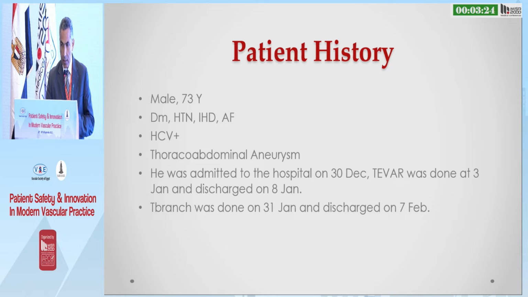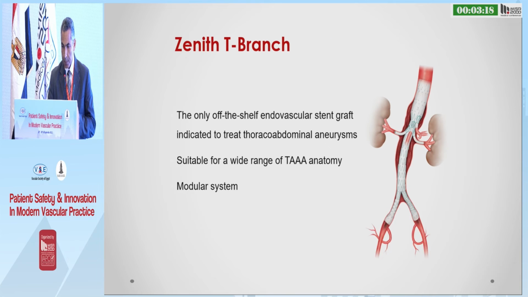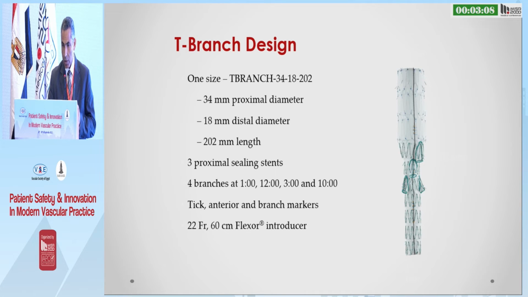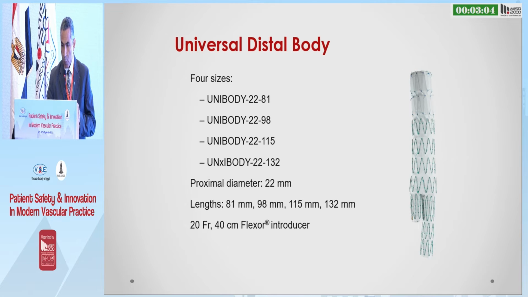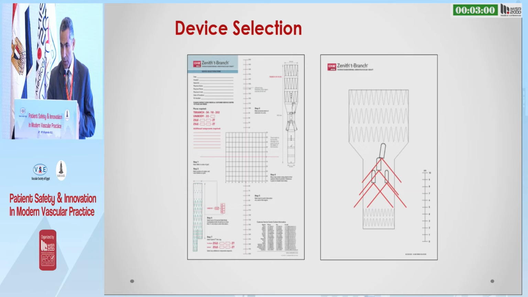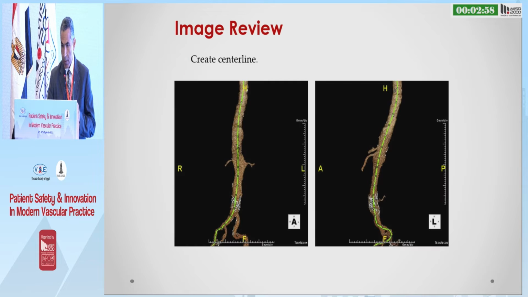In this case that I will present, a 73-year-old male with comorbidities has a thoracoabdominal aneurysm. We started with the Zenith T-branch, and the plan was to put a T-VAR first, then do the T-branch in a second stage. And here is the description of the T-branch design, which is the only available off-the-shelf stent graft, and this is the sizing and preparation for